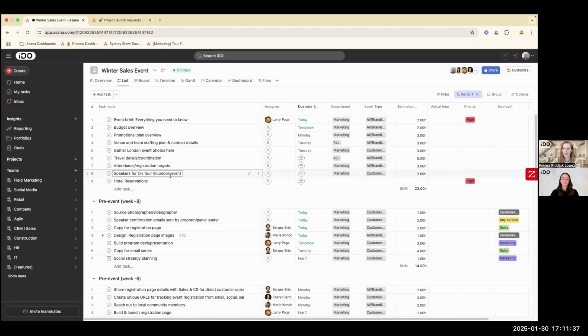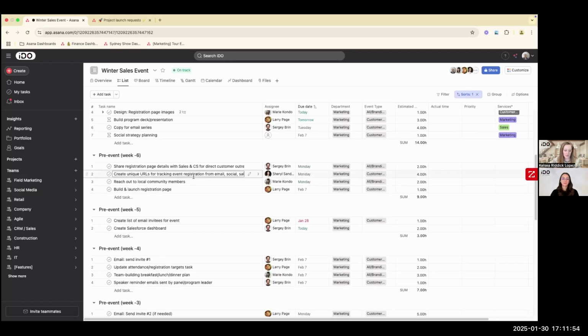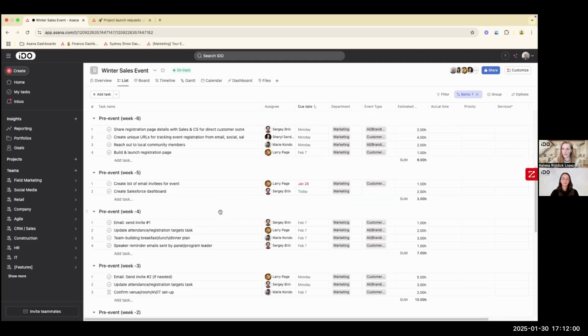And again, we don't have Excel sheets that might have been modified, or maybe we had some import ranges or some custom formulas that might break in the process of duplicating and storing in a new location. This is all going to be done automatically for us, and we only had to use a few clicks. So this project template is super powerful to make sure that we are saving that time and launching that project